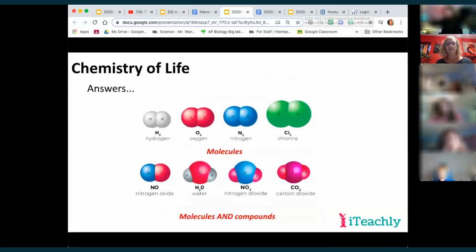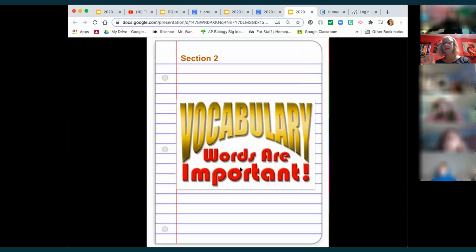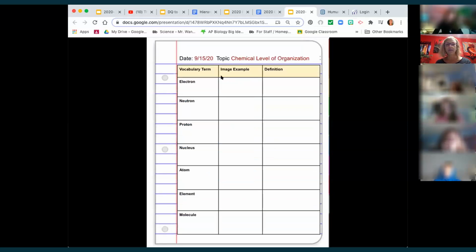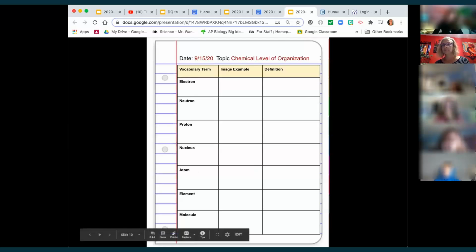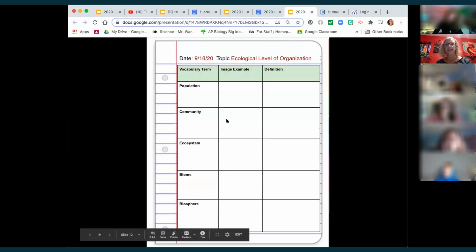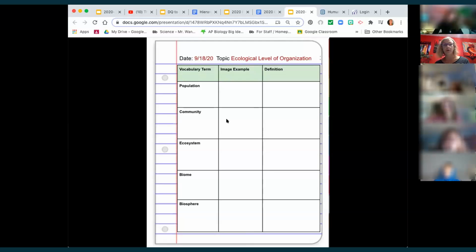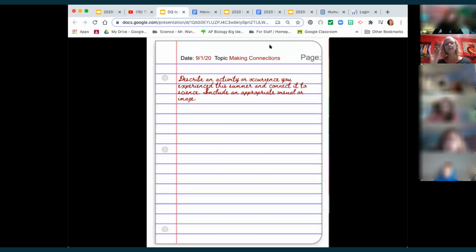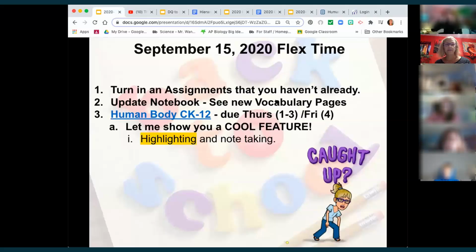You also have vocabulary, okay? So there's a vocabulary for today, Wednesday, and Friday. So copy these pages and paste them into your notebook. Today's vocabulary has to do with that lecture we just did. Wednesday's vocabulary, tomorrow you're doing bodies. Friday's vocabulary has to do with ecology. Okay, so you're going to add these to your notebook. If you know how to do hyperlinks, you can hyperlink the page to your title. All right, so you have making up assignments that you're missing, updating your notebook with your DQs and today's vocab,